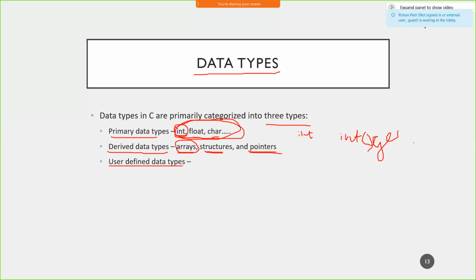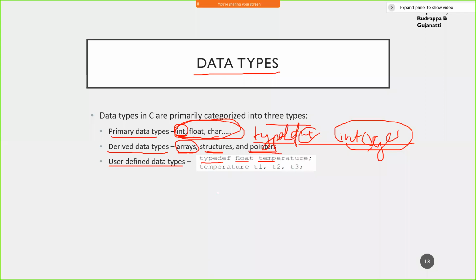In this case, you can use the typedef keyword in order to utilize this. So here you have a user defined data type. The typedef keyword helps us to give alternate names to the already available data types.